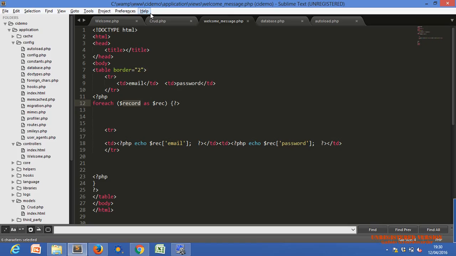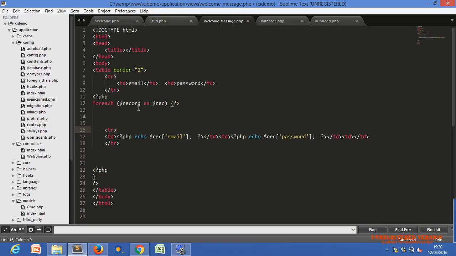Now in this view, we can create one more TD. This TD and TR, did you understand TD and TR? This for each loop will execute the number of records we have. For the first record, it will assign to $rec.